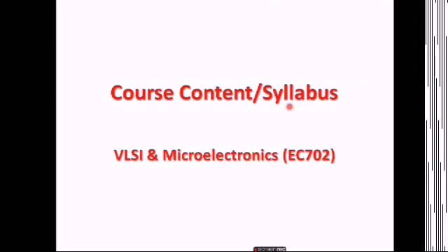As I had already told you in the prerequisites, we are studying about the analog electronic circuits and the digital electronic circuits. Why? Because there are two different branches in VLSI and microelectronics. That is, one is the digital CMOS circuits, another one is the analog VLSI circuits. That's why we need to know the basic electronic circuits first. After that only we can design them using the CMOS technology.